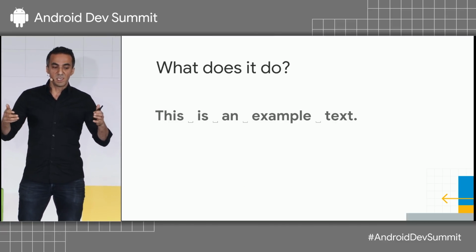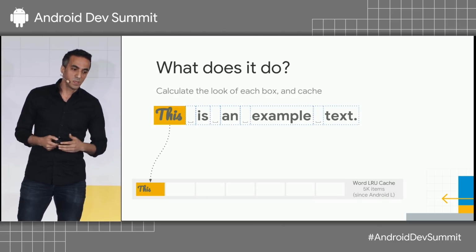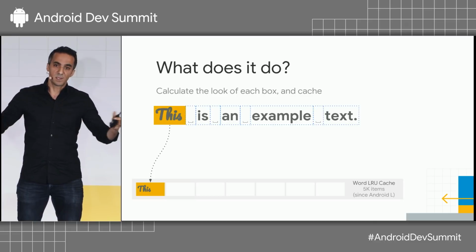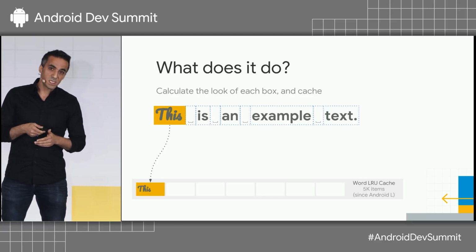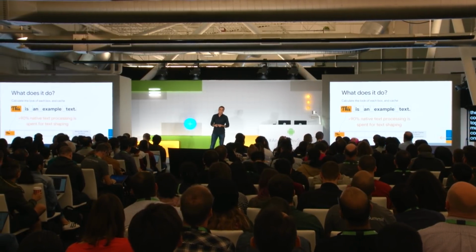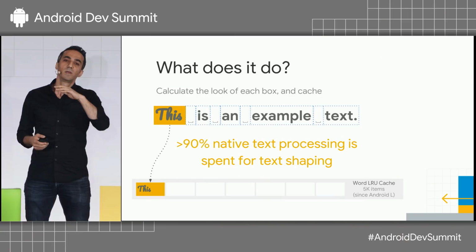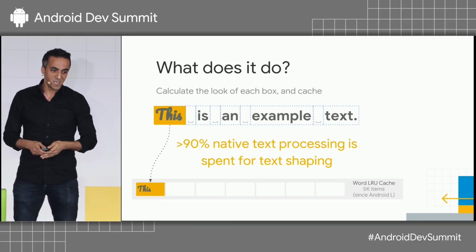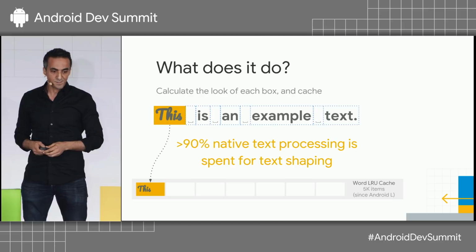And when we pass a string like this to our native code, it first divides it into words, and then for each word, it applies text shaping. It finds the font that it can render the character with and tries to bring those characters in the word together. When we check how much time this takes compared to all the time that's spent on the native code, it is again more than 90%. So text measurement taking 90% of the whole measurement, native code taking 90% of the text, and shaping taking more than 90% of the native code means that most of the measurement time, at least for this app, is spent on text shaping.